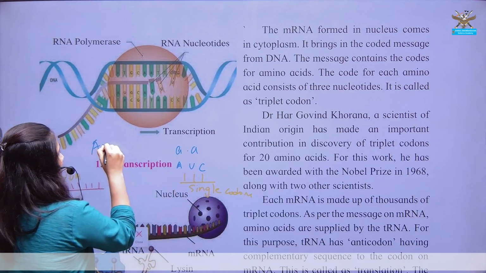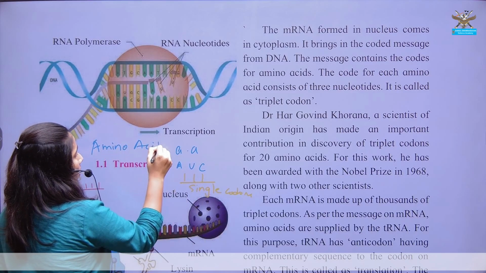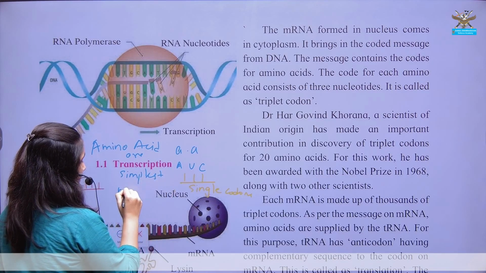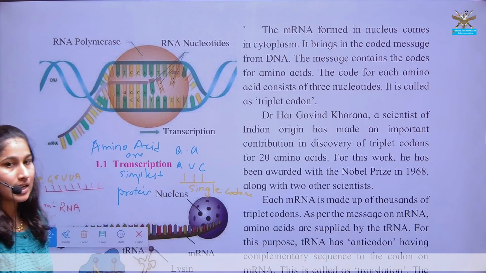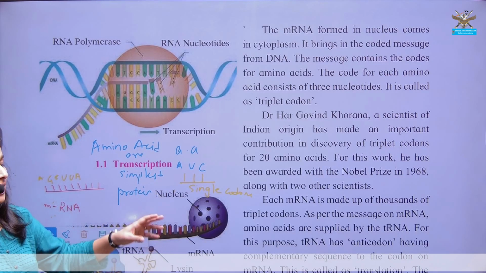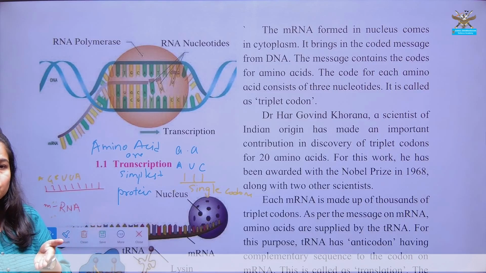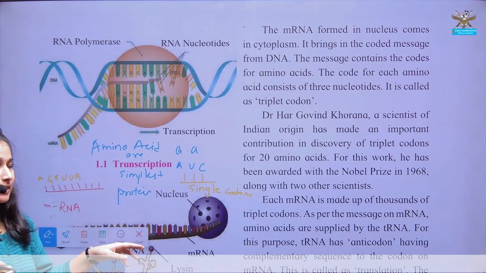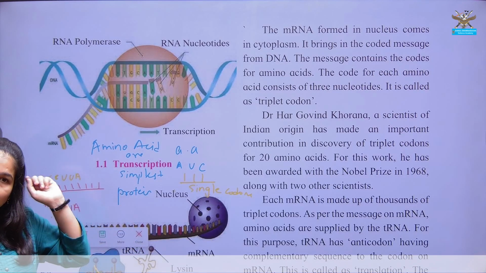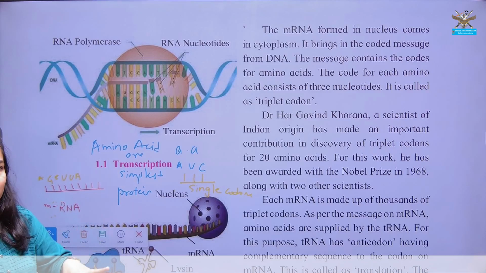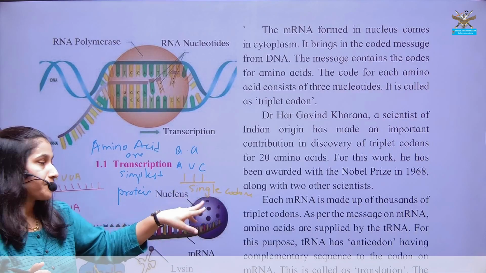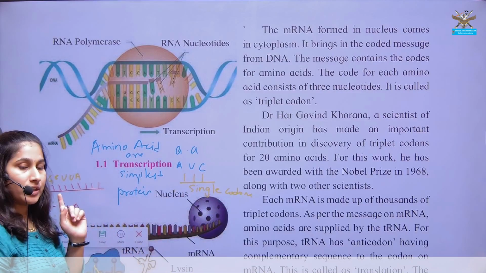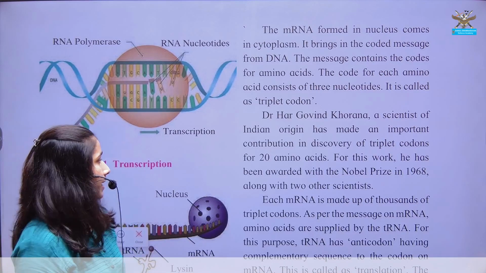Amino acids are the simplest form of protein. Okay, these amino acids are the simplest form of protein. So whenever a large molecule of protein is broken into its simple form, what is the simple form of protein? It is these amino acids. So for the formation of amino acids, you need some kind of raw material or some kind of message which is carried by your triplet codon. Okay, this triplet codon is decoded by your tRNA. So tRNA decodes the message.